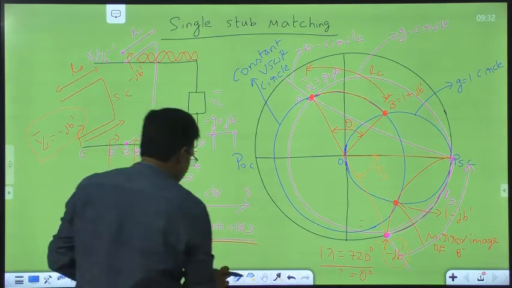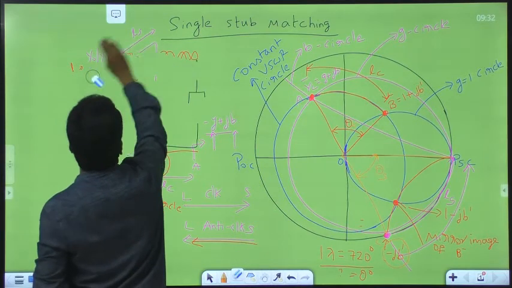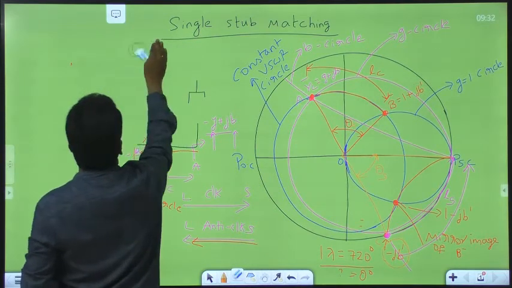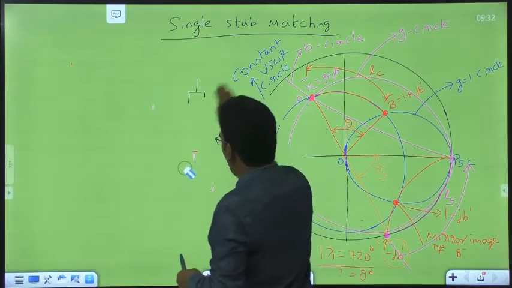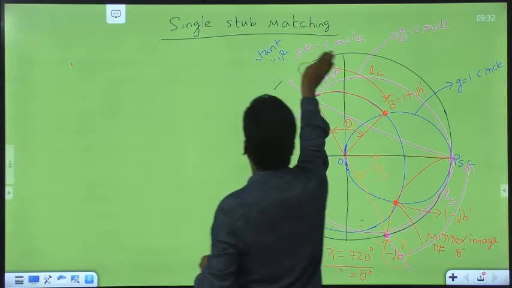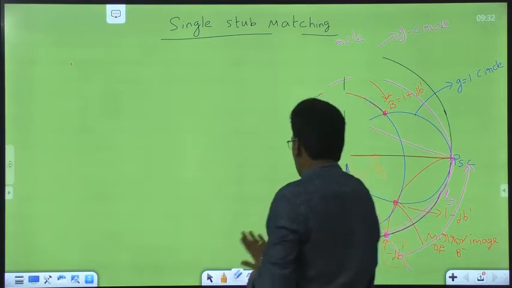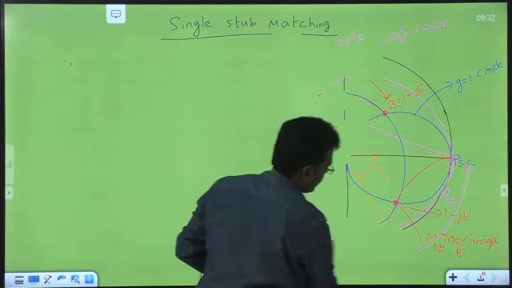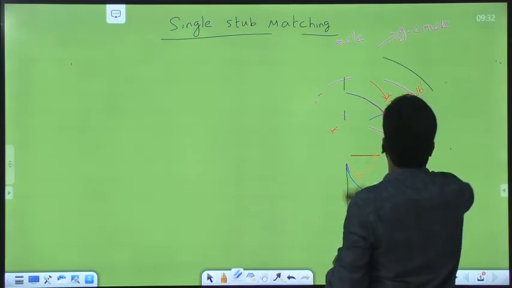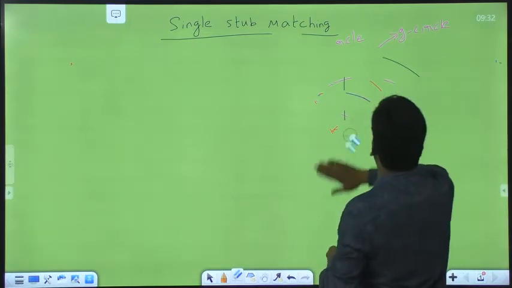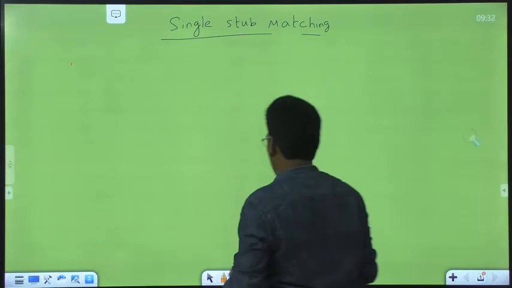Now we will see how to do impedance matching using the double stub matching technique. In the double stub matching technique, we use two stubs to obtain impedance matching. The advantage is that the location of the stubs is fixed, and the separation between the two stubs is fixed. So even though the load impedance varies, there is no need to change the location of the stubs. Just by varying the length of the stubs, you can do impedance matching.